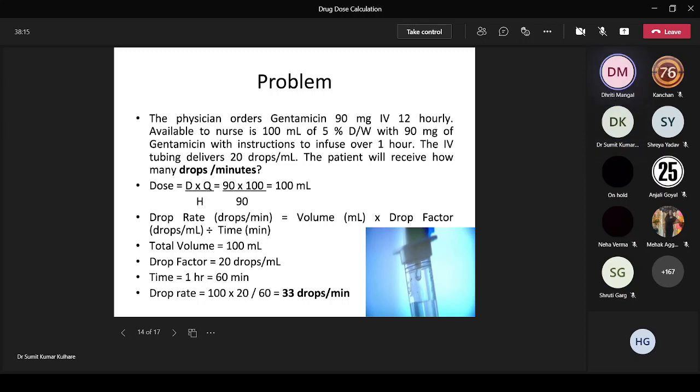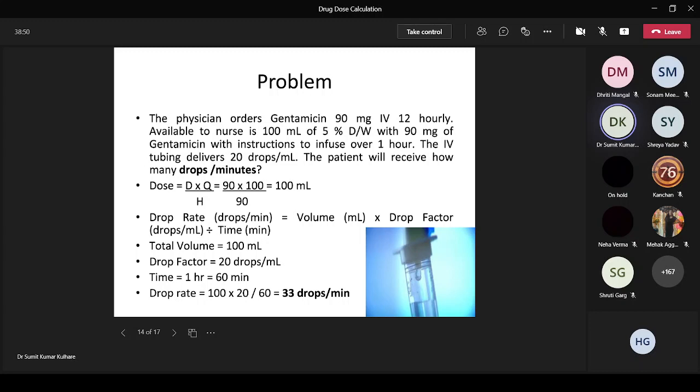Sir, what is the importance of IV 12 hourly? IV 12 hourly means it is to be repeated every 12 hours. A single dose won't be enough to achieve the cure. Okay, sir. So these are just to misguide you. Some people will use 12 instead of 1. So these are distractions. 12, 5%. They get you distracted into choosing these numbers.